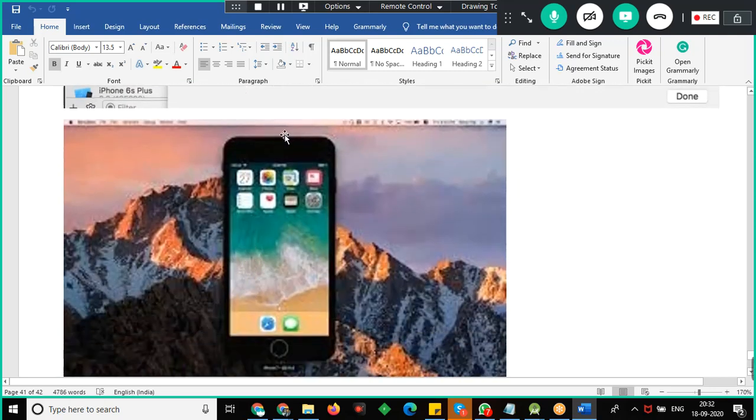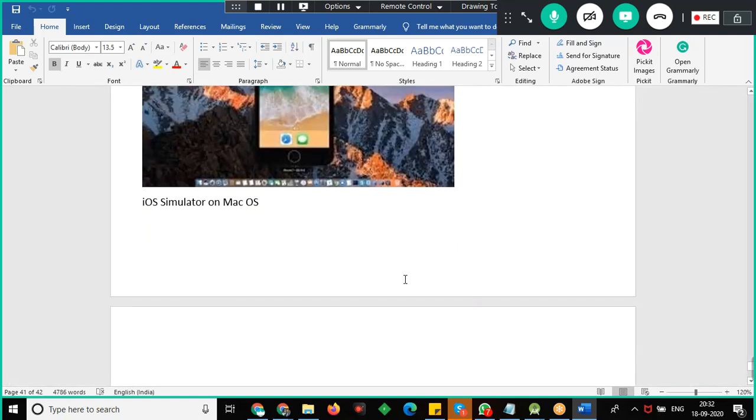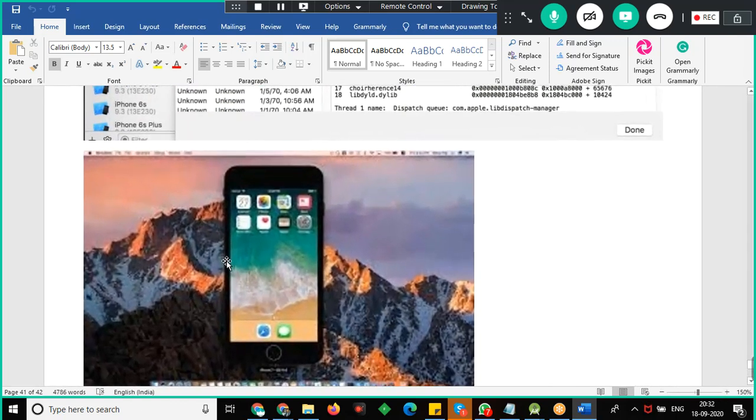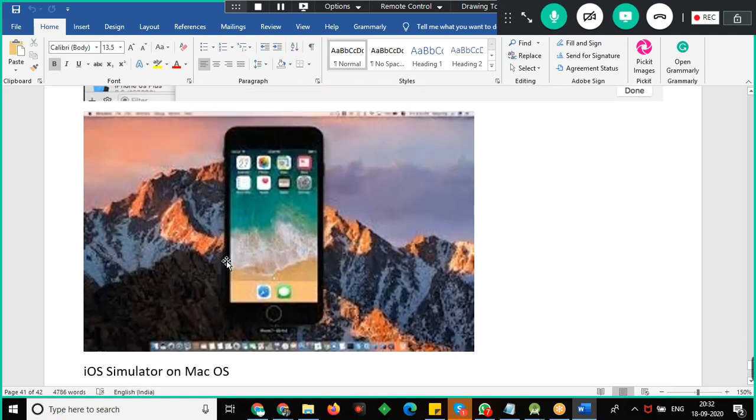Okay, so using the emulator and simulator you can work on Appium and you can easily configure it. But iOS usually works under Mac only. You can try by using a virtual machine, by putting the Mac OS on it, but remember it takes a lot of RAM capacity to install it. So this is about the emulator and simulator.